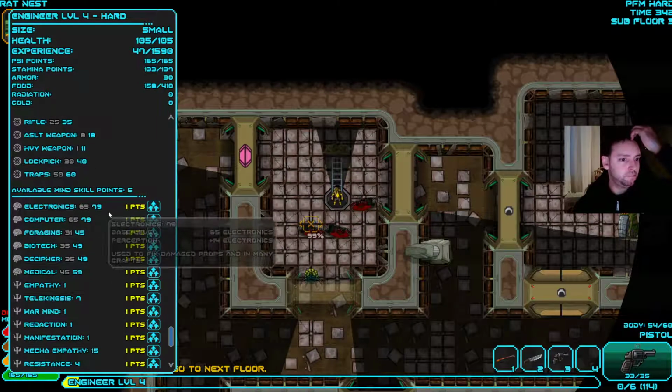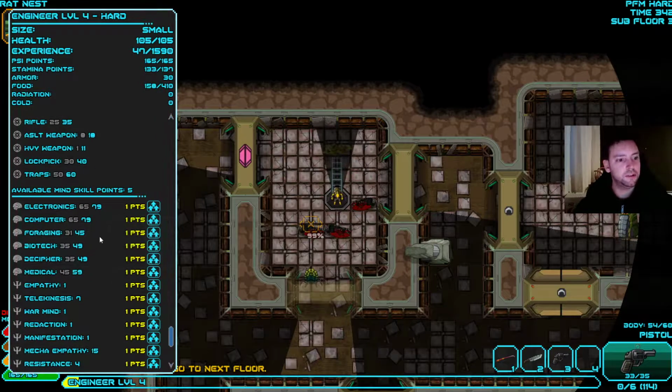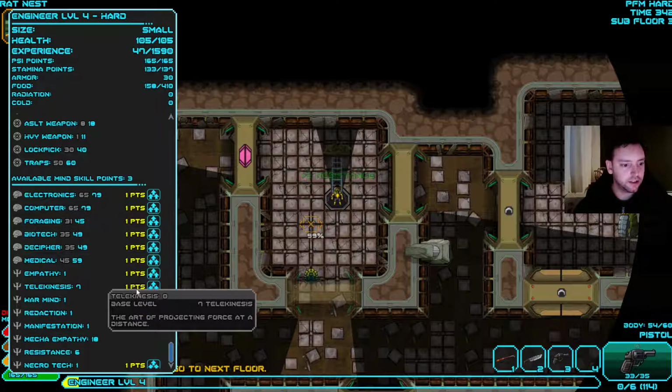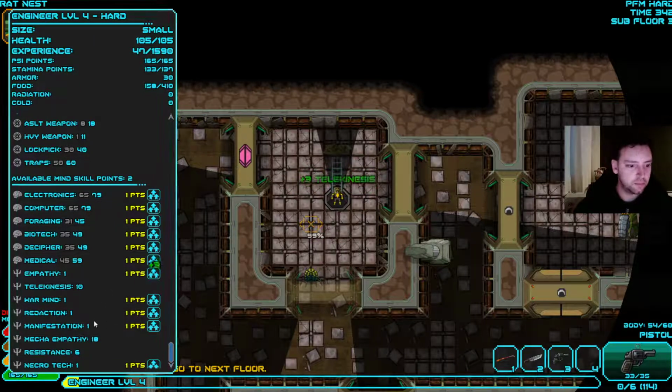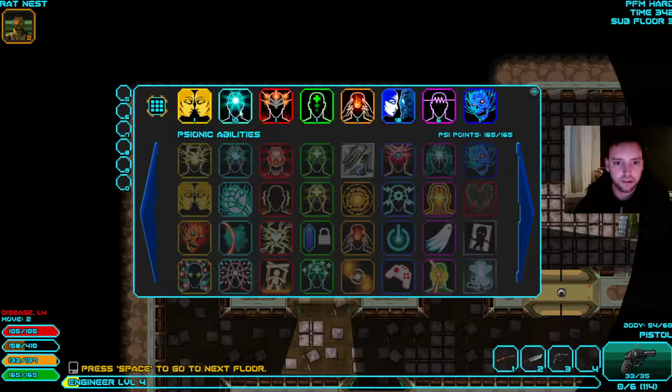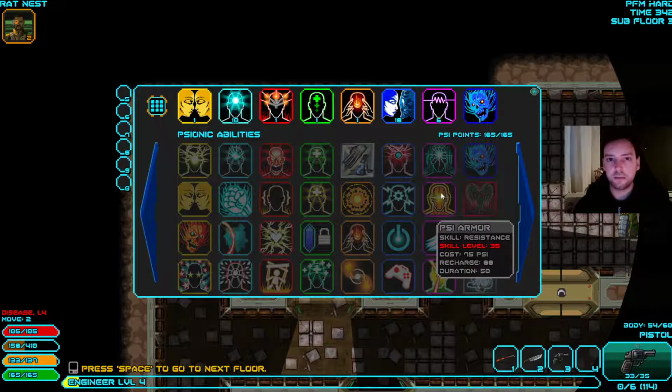For his mind skills, I would say get Decipher, Biotech, and Forging up by natural means, and try to get Resistance, Telekinesis, and Mech Empathy up to the point where you've unlocked your Manipulation and you've unlocked Psi Shield. Then you can make a choice here. Do I want to keep going into Psi Armor? Psi Armor's good, it's good,